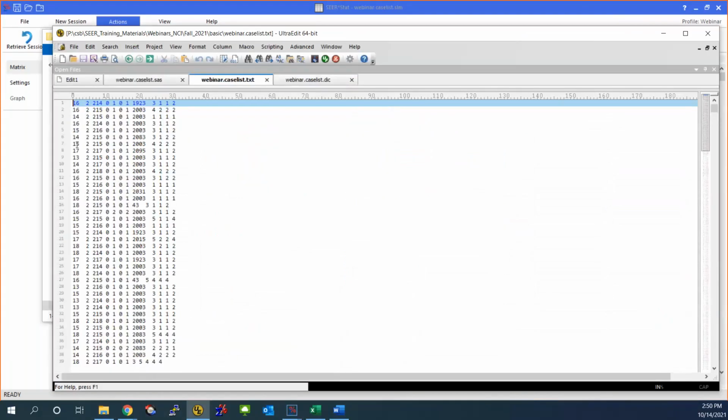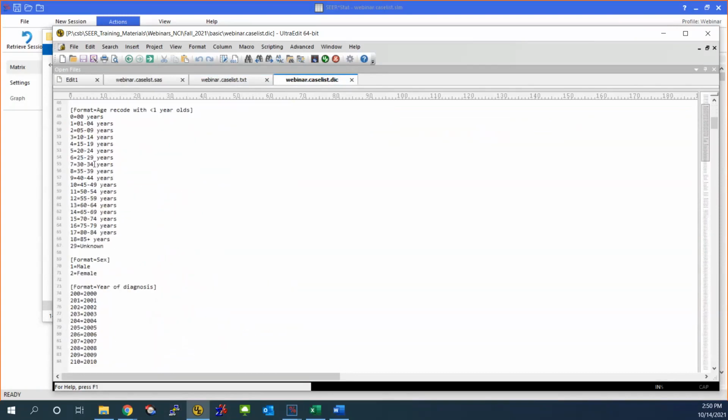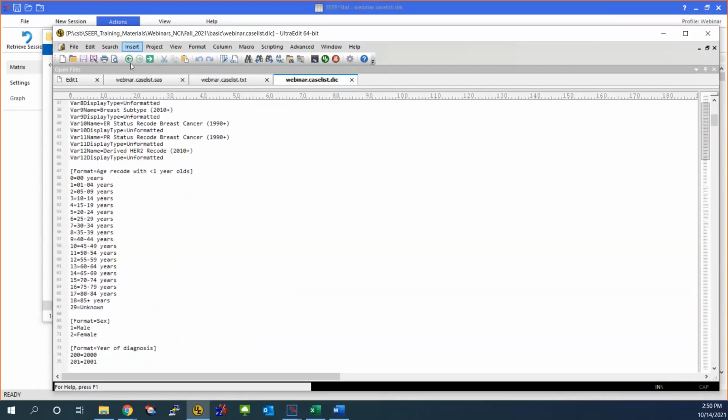So we created a text file, which is just, I did tab delimited, the raw data. Dictionary file has information about that text data, including the formats. So what do those values mean? And lastly,